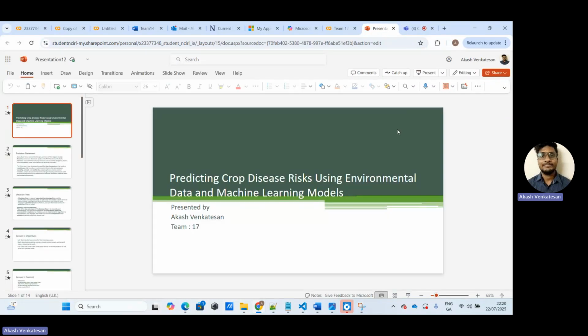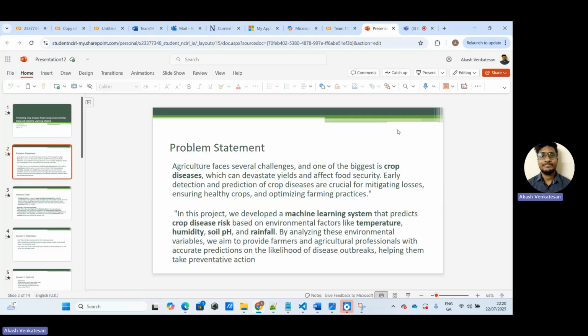Today, I will be explaining my machine learning project that is predicting crop disease risks using environmental data and machine learning models. I'm from batch 17, so I'll just explain the problem statement. Agriculture faces several challenges today, and one of the biggest challenges is crop diseases, which can devastate the yields and also affect the food security. So detecting it earlier and prediction of crop diseases are crucial for mitigating the losses and to ensure healthy crops